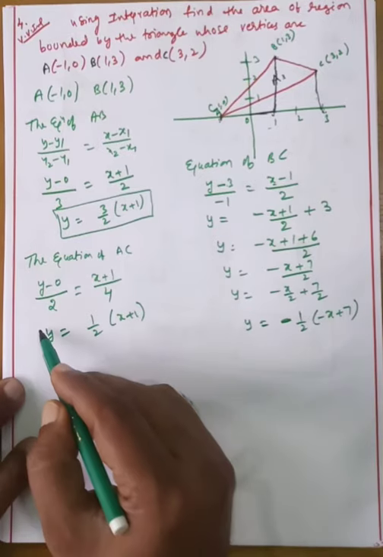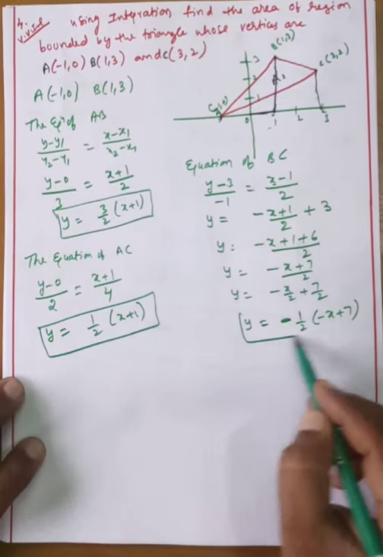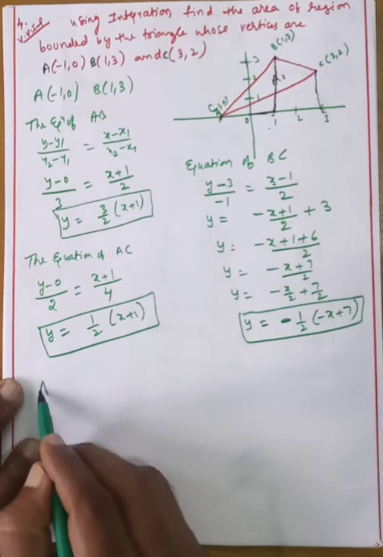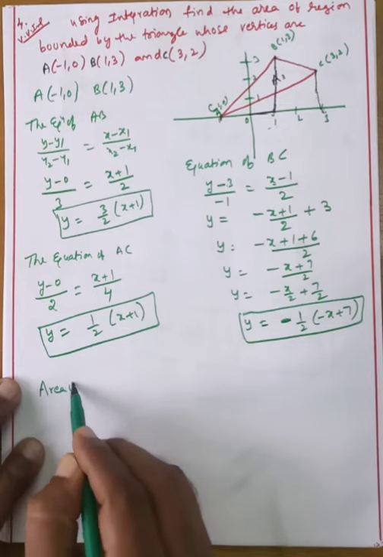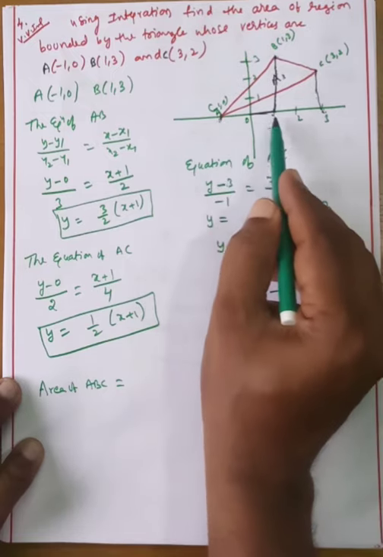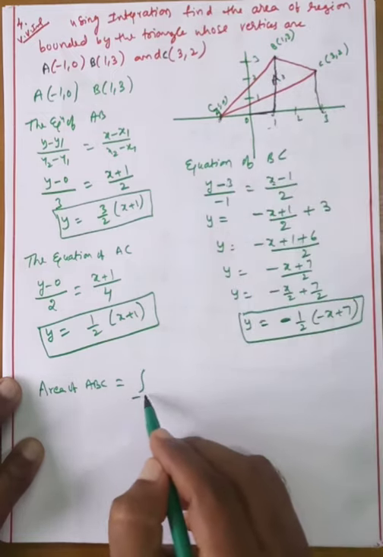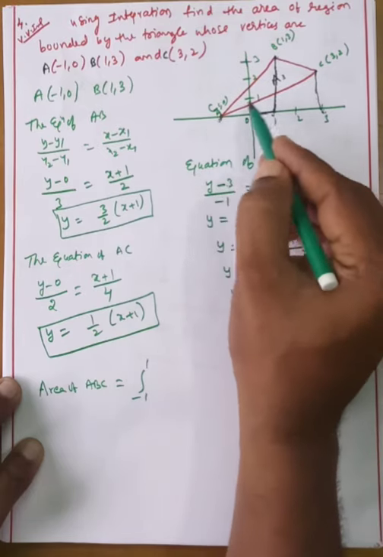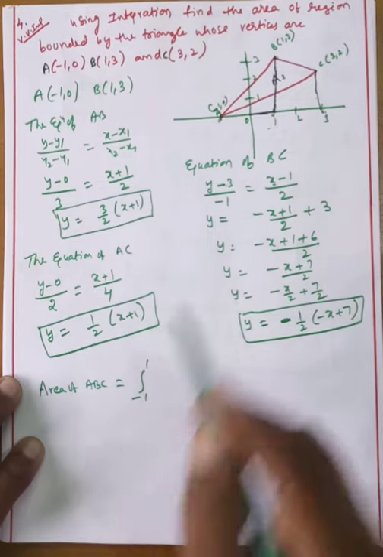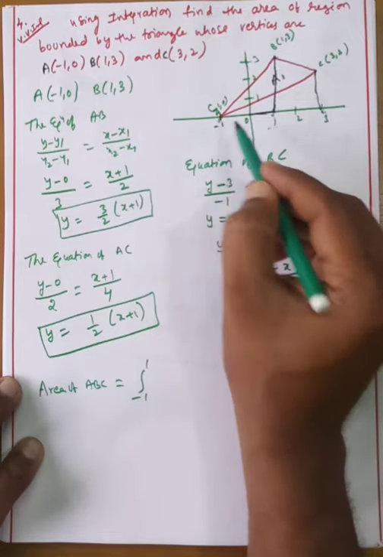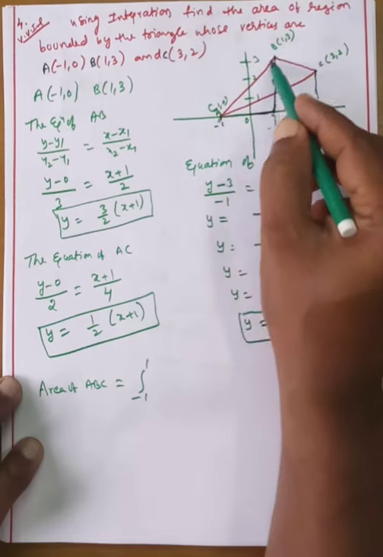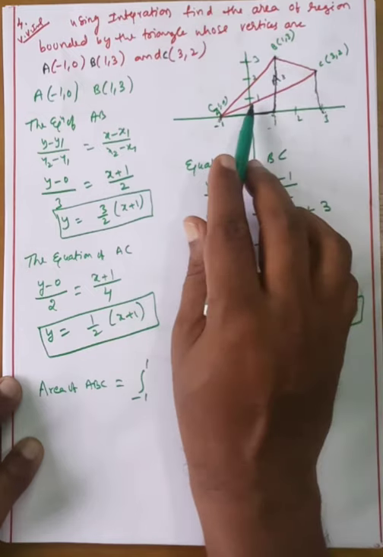Okay, now area. How to write the area? Now we have completed the equations. All equations are over. Now what I am telling you, the area of triangle ABC, the region bounded by the coordinate axis, is equal to, from minus 1 to 1, you take this side, integral from minus 1 to 1. Always you will take the curve, ordinates and x-axis. Here minus 1 to 1, this is the x-axis, these two are the ordinates, this is the upper curve. After that subtract the lower curve, no problem.